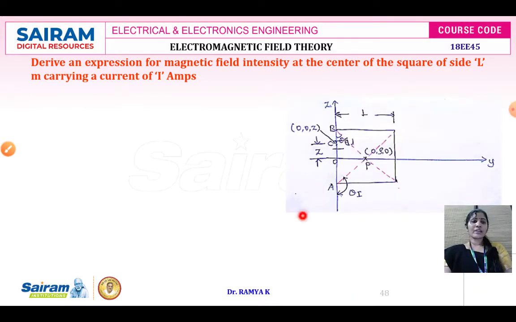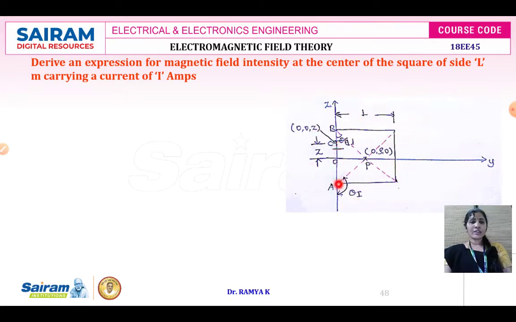This is the diagram representing the problem. Whatever is given over here, it is the square of side L meter. And here we are going to consider, let AB be the length of the conductor, that is a finite length of the conductor, and this is going to frame a square. So if you find the magnetic field intensity on one side, then you can multiply it by 4 to find the total magnetic field intensity that is exerted on this particular square.